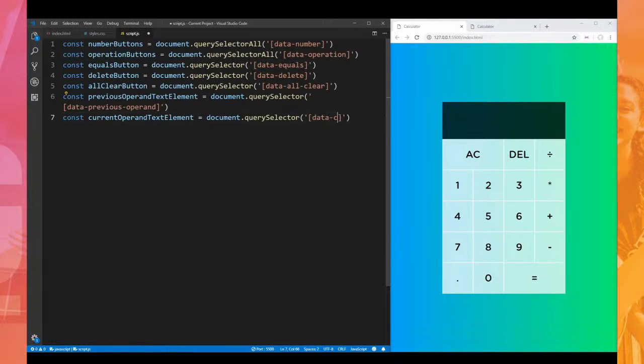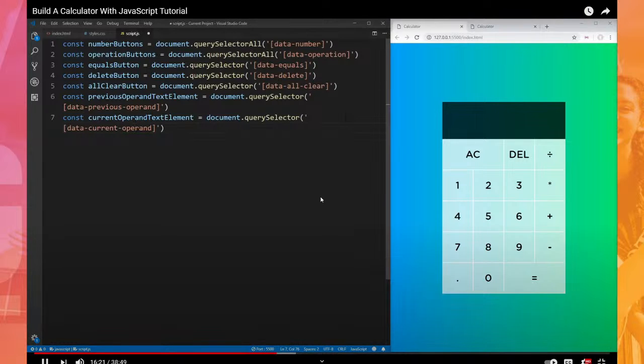And lastly, the current operand. Now that we have everything selected, let's actually... Okay, so he's getting ready here in just a minute to start doing some methods and that sort of thing